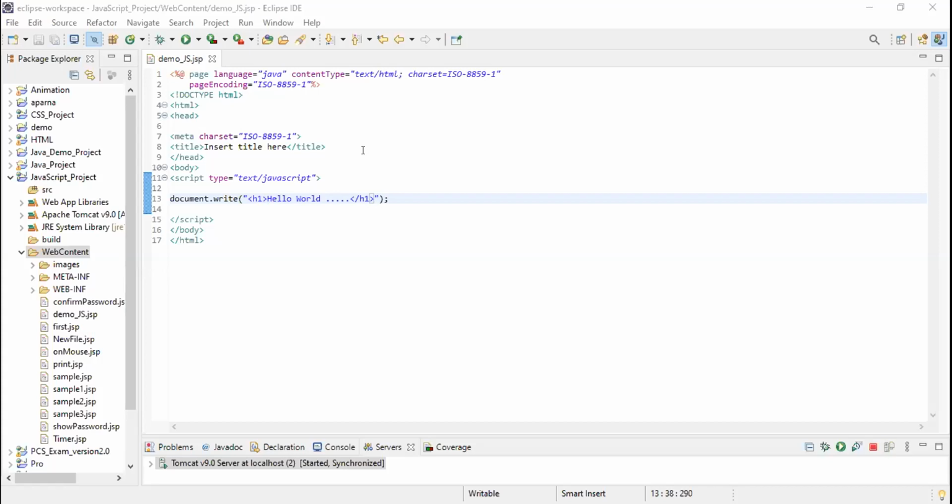No, either body section or head section. Yes, ma'am, it shows the message 2 times.